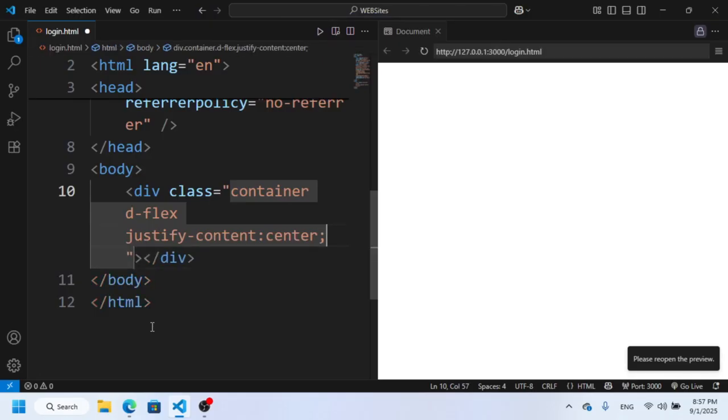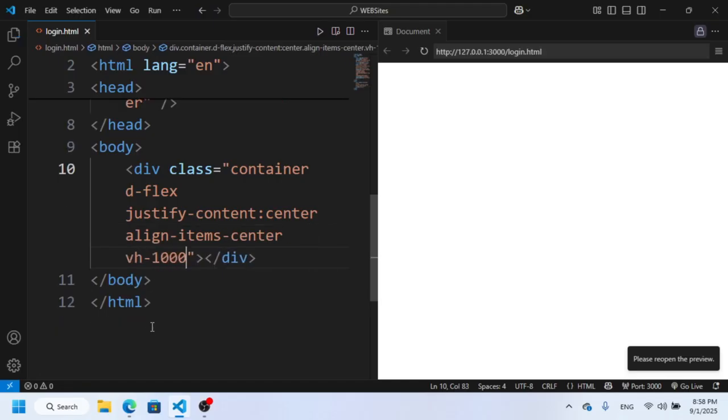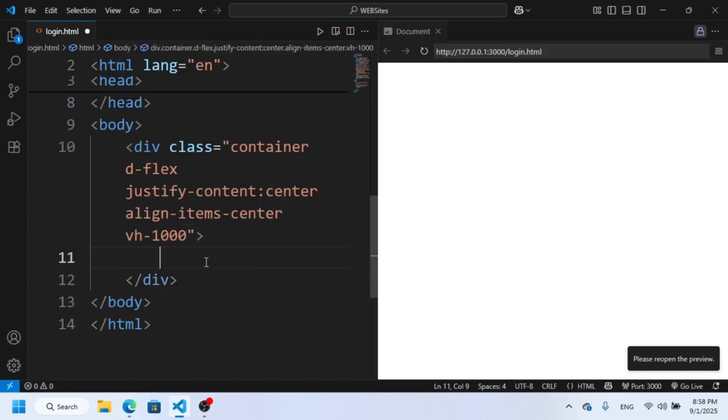So here you can see justify-content-center, and these are not actually styles, right? So we don't need to add a semicolon here. I just have to mention all the classes. So I'll say align-items-center, okay, and then I will say vh-100. Okay, that's it. And now inside it I'm going to add another div